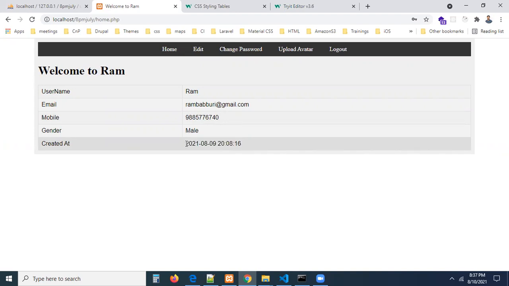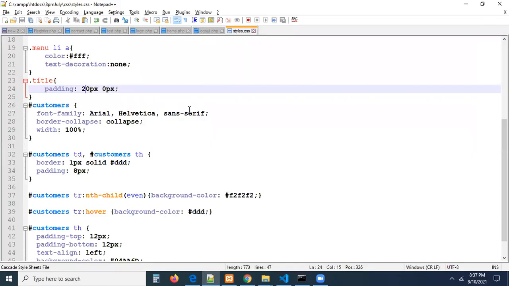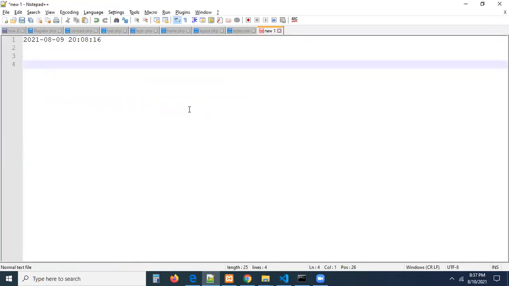Okay, guys. Actually, I have a date like this. This is the date. In the database, we are saving the date like this. I want to show the information like this, guys. Here, what is yesterday? This is yesterday's, right? This is going to be Monday, 9th August 2021. I want to display the date like this. Actually, the database is showing the date like this, but when I am displaying it, I want to display the date like this. Can anybody please tell me